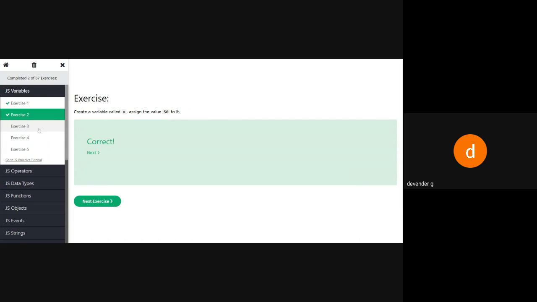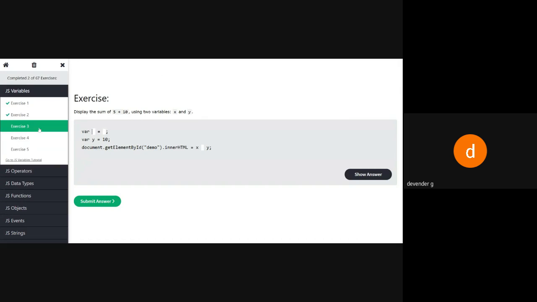Then go for the third one. Now he wants to display the sum of two values. So I'll say x is equal to 5 and y is equal to 10. Then document.getElementById("demo").innerHTML is equal to x plus y.